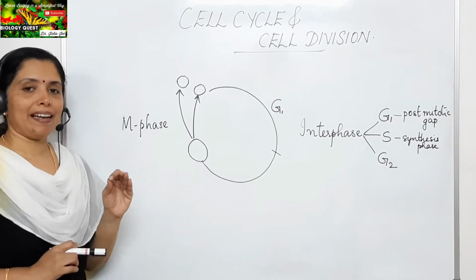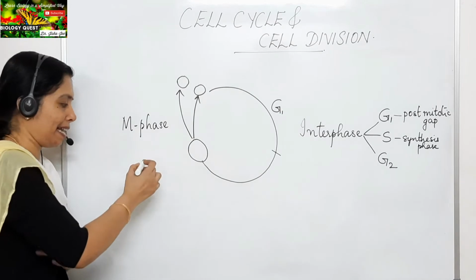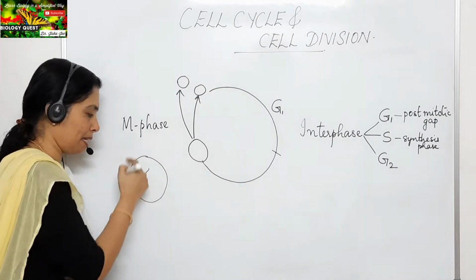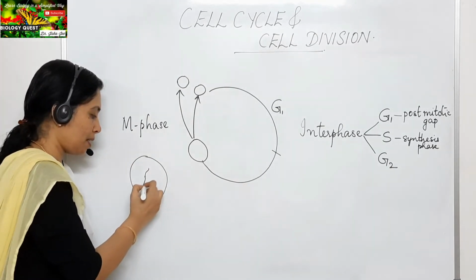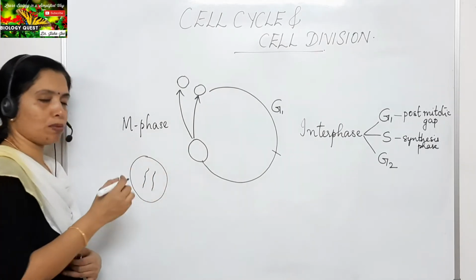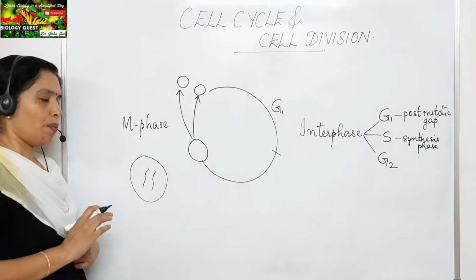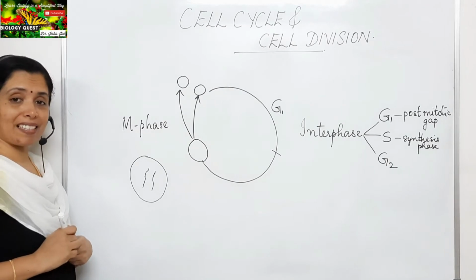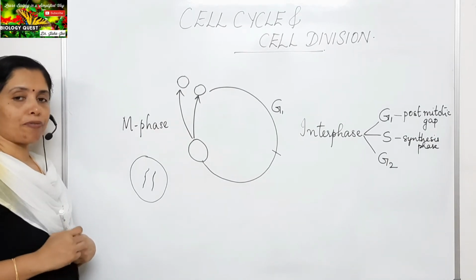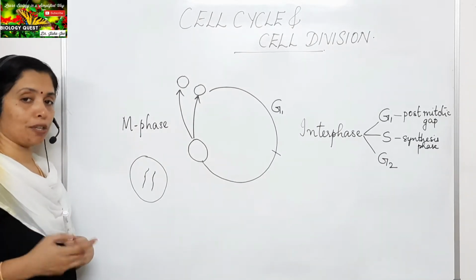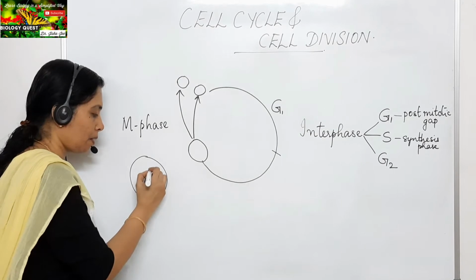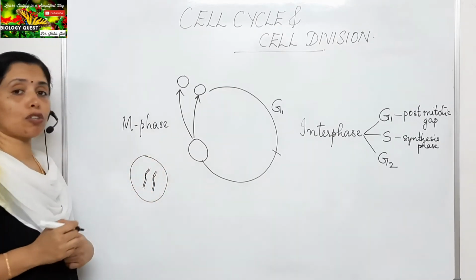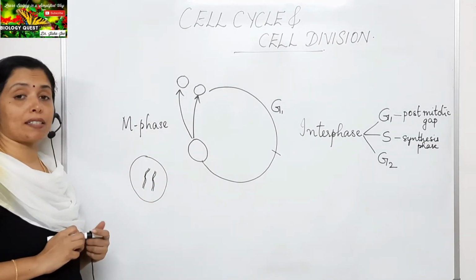Okay, suppose the nucleus of a cell has two chromosomes present. That is the nuclear membrane, the nucleus I am drawing there. So that is one chromosome, and this is the second chromosome. That is a cell having 2 chromosomes. Okay, so what happens during the synthesis phase is that the DNA of the chromosomes duplicates. After DNA duplication, each chromosome will have 2 arms which are called chromatids